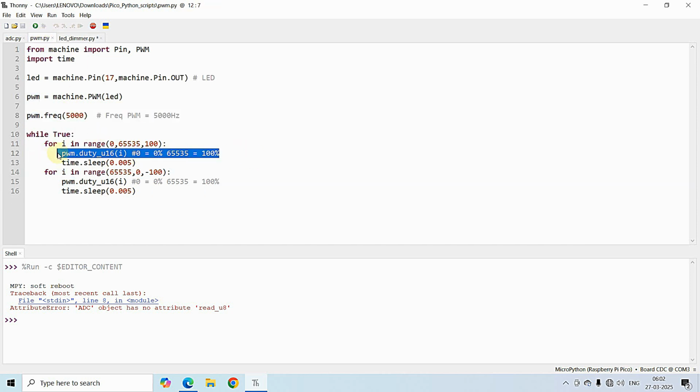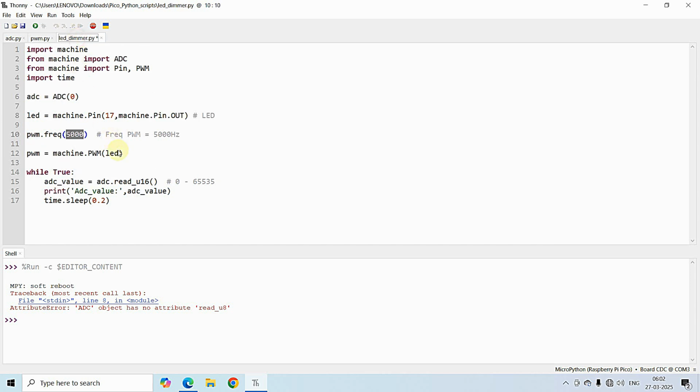And I'm going to take this particular line and I'm going to paste it below this. Now instead of this I'm just going to pass the ADC value variable right over here. So in this particular line, we are reading the ADC value from the variable resistor to the ADC underscore value variable. Here we are printing the ADC value to the terminal right over here in Thonny IDE, and this line will set the duty cycle of the PWM signal generation, and we are passing the parameter as this ADC underscore